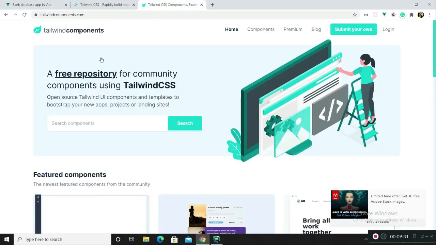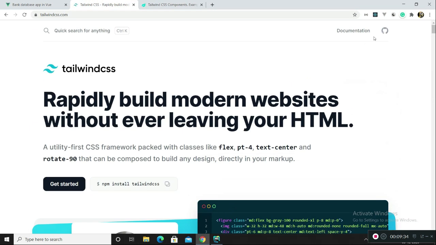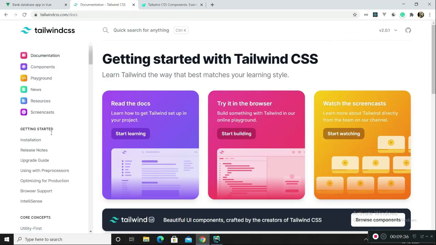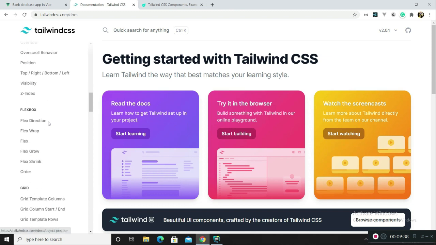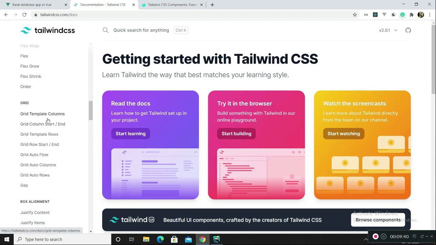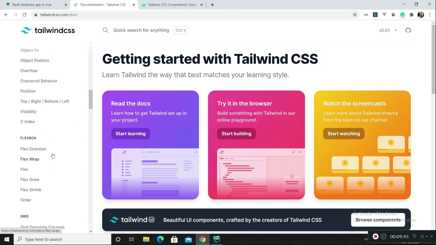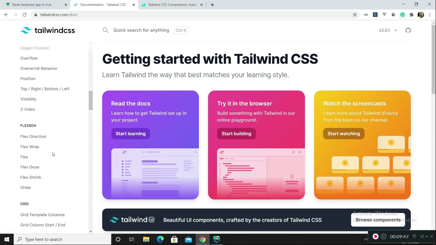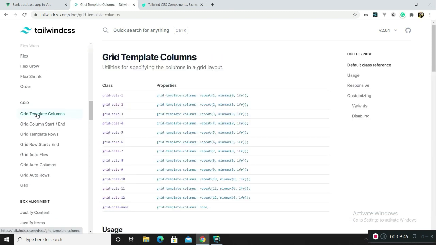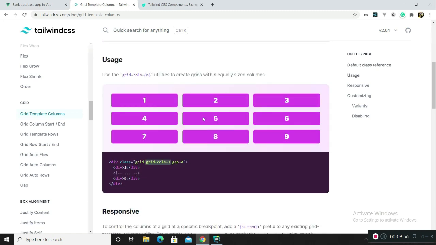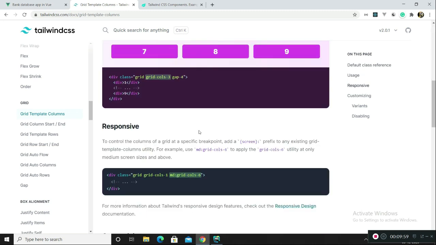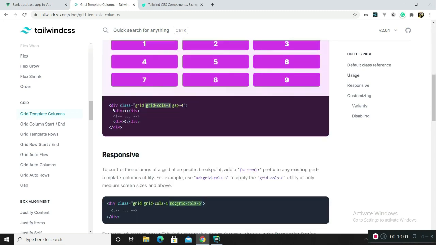You can go through the Tailwind CSS docs. Let me go through the documentation, and here you can get a generic overview of what classes you can use. So for example, if I want to use a grid, these are the classes which Tailwind CSS has to offer in case you want to use something like this. So why not give it a try here. Let me copy this piece of code.